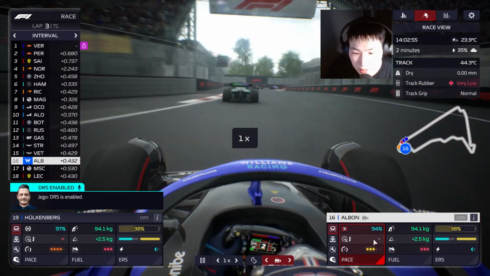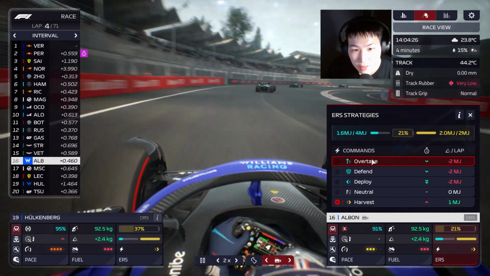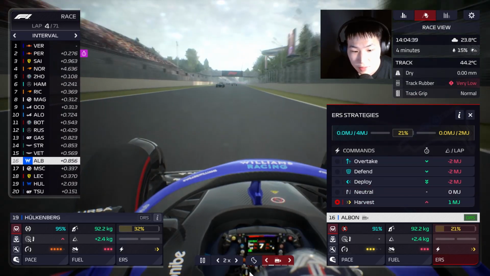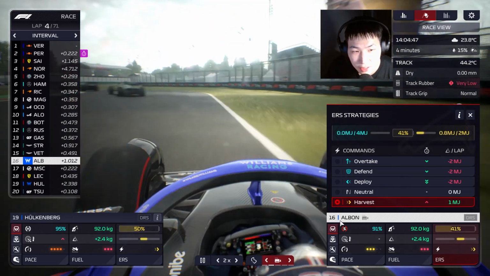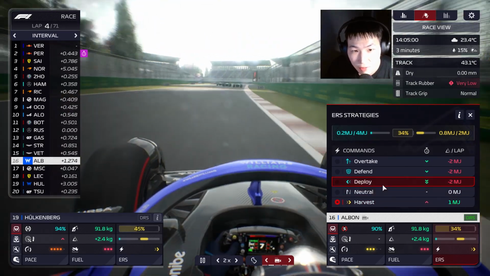Come on, stay close. DRS is enabled. Okay, here we go. Okay, we might have some DRS here. I'm gonna try and harvest a little battery. Yes, DRS enabled. We might be under threat from the Haas. Indeed we are. But it's a double DRS detection, so we're gonna go for another dose of DRS. We're outside DRS, so hopefully...